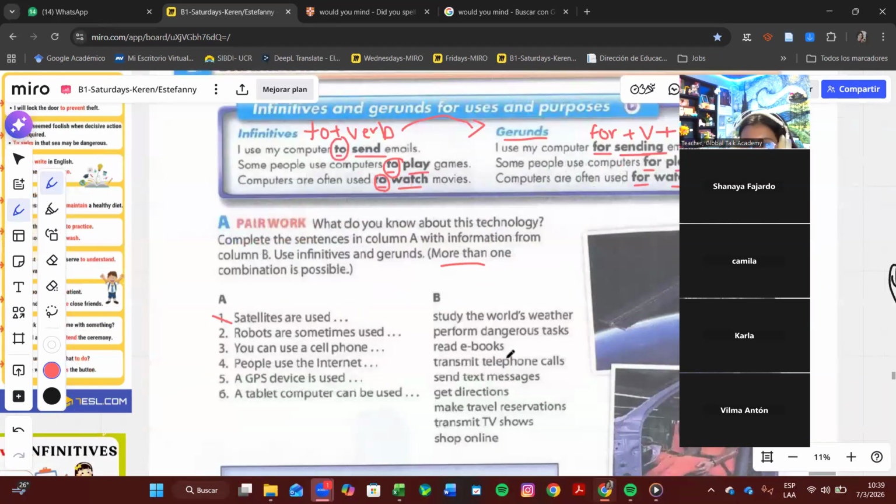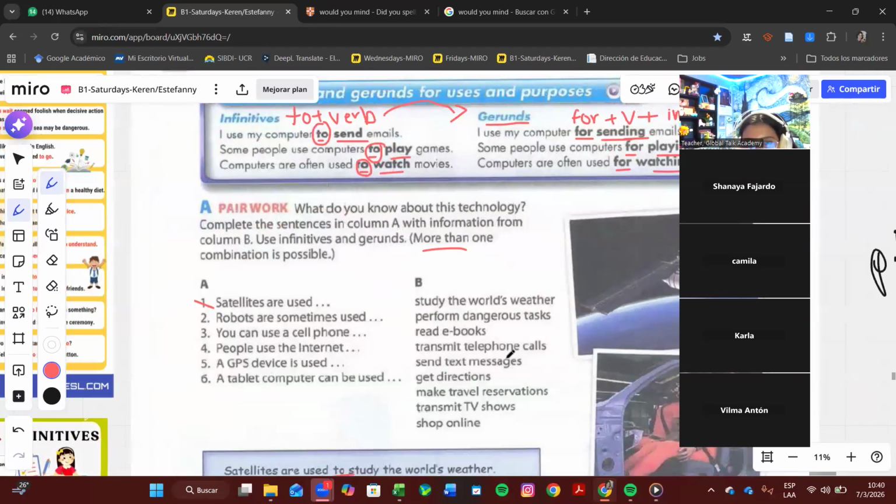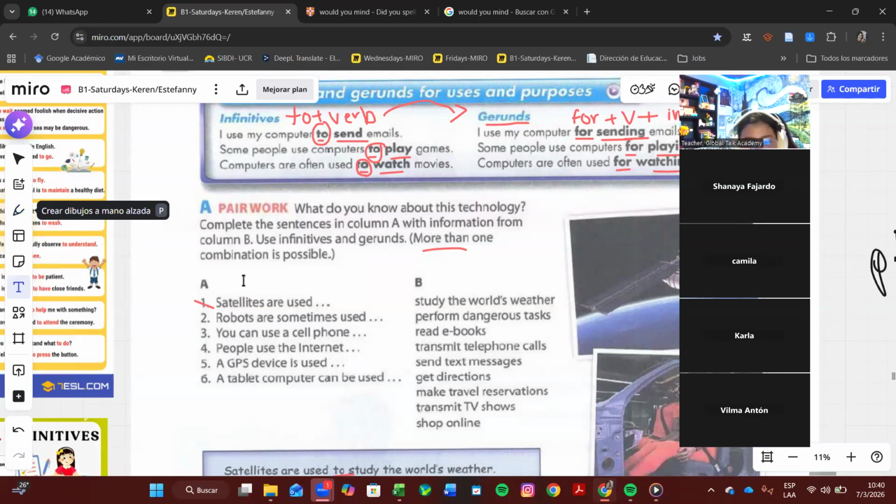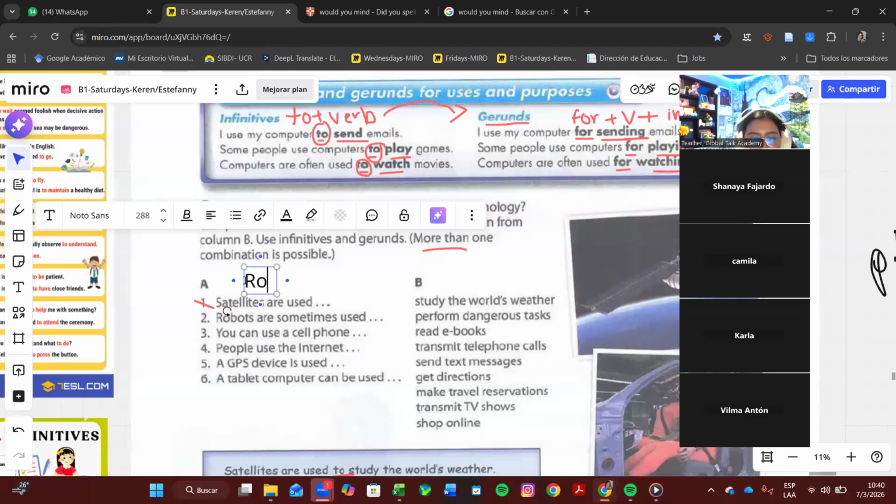Which one? Determines telephone calls. Okay, to transmit telephone calls, let's say. Let's pretend that's maybe AI, artificial intelligence, right? So let's try to write it. Robots are